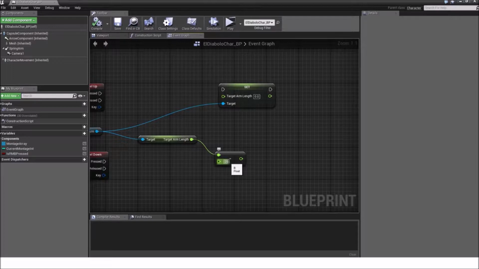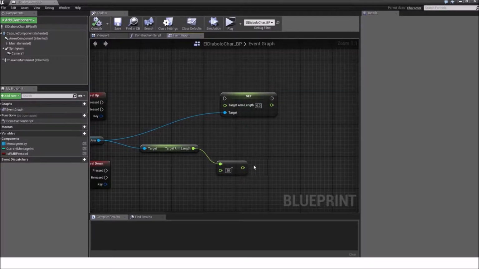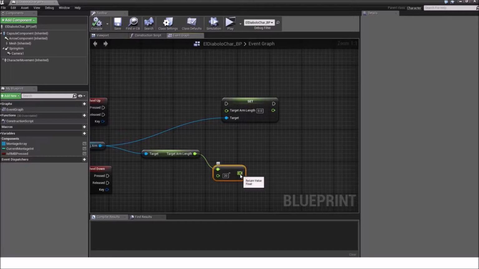So a higher number would decrease our target arm length much more, and we will have a higher zoom in speed. So just connect this pin here to our target arm length,